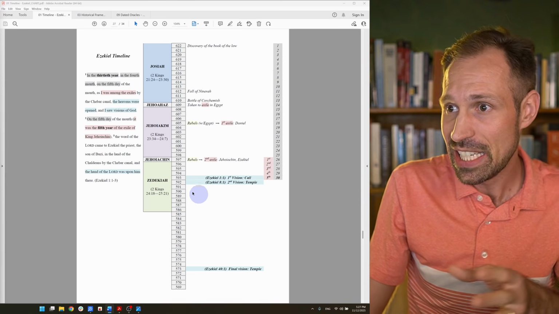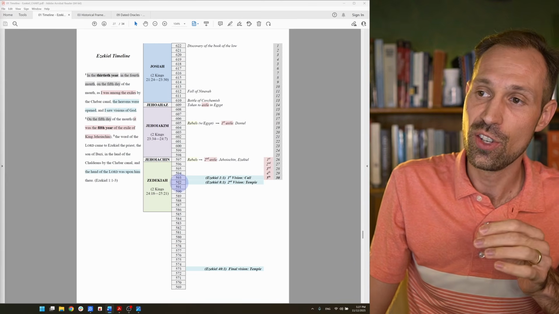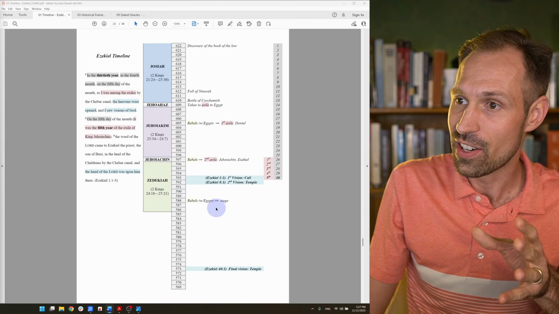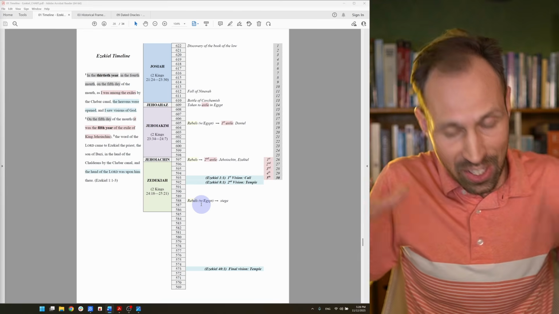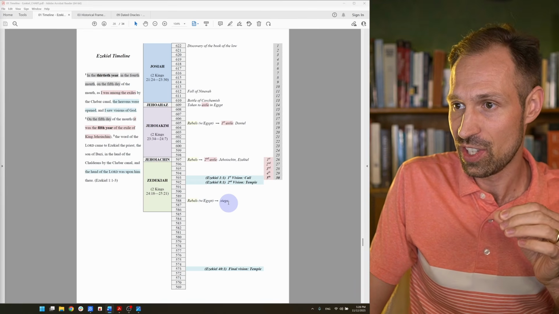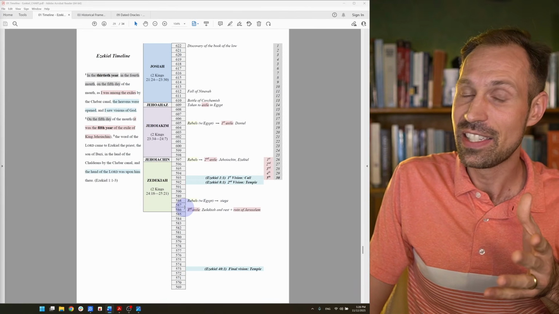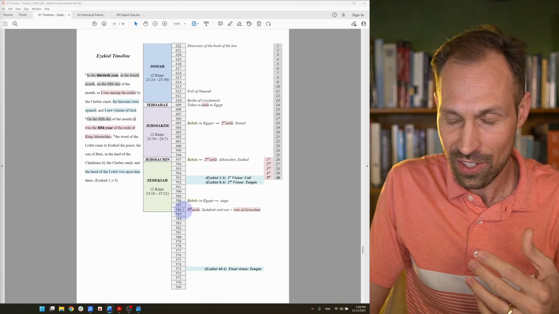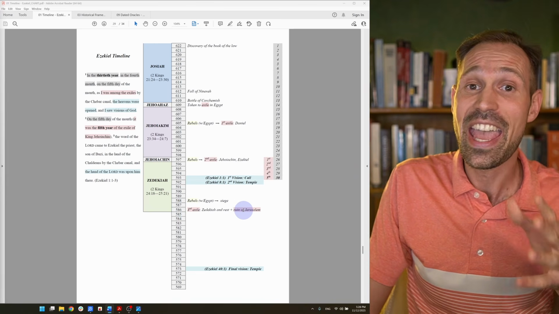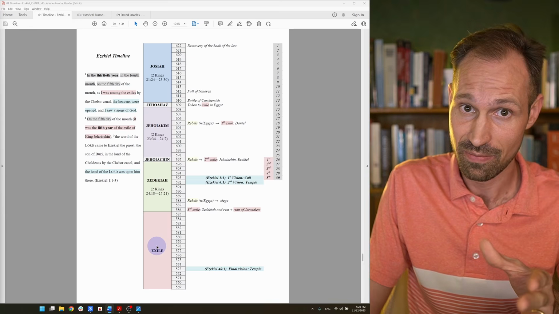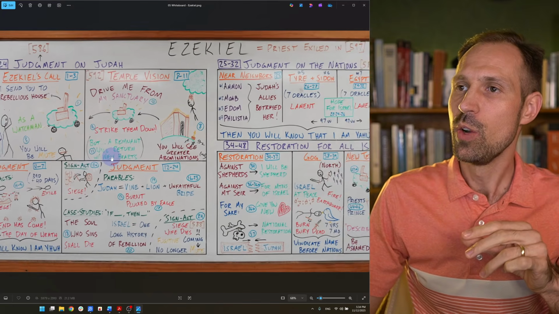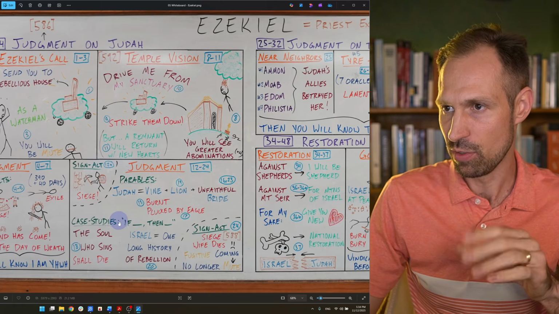So God leaves here in 592. 4 years later, Zedekiah is going to rebel against Babylon, and Babylon's going to send its army and besiege the city. And then in 586, Nebuchadnezzar is going to break the siege, destroy the city and the temple itself, and haul its people into exile. This helps us make sense of the 13 chapters of judgment which follow right after the temple vision.